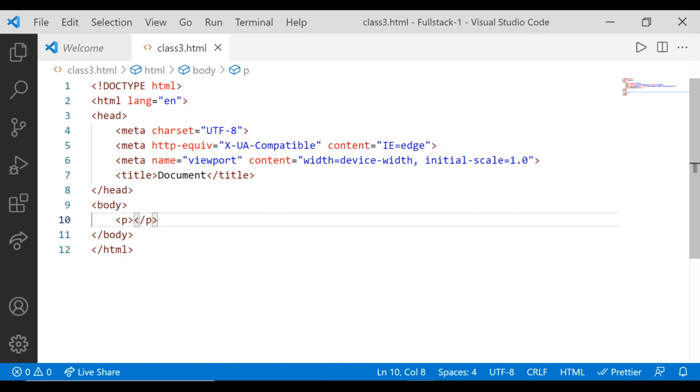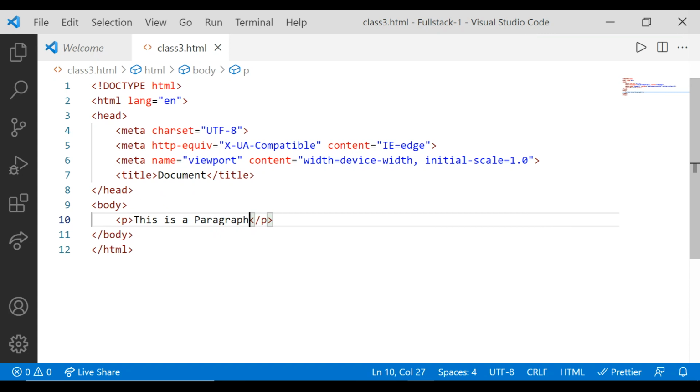Now here we only need to write our content. Because this is a paragraph tag, I need to write some paragraphs. For the sake of explaining the difference between inline and block elements, I'm just writing simple content: this is a paragraph.